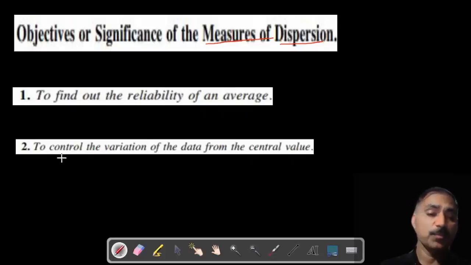Second point, to control the variation of the data from the central value. जब भी हम कुछ ऐसी सिचुएशन में होते हैं जहाँ पे प्रोडक्शन चल रहा है और हमें पता है कि हमारा मीन प्रोडक्ट वेट एक पर्टिकुलर असम्ड 50 ग्राम्स है। तो 50 ग्राम से कुछ पैकेट की वेट ज्यादा भी हो सकती है, कुछ की कम हो सकती है। तो वहाँ पे हम कंट्रोल चार्ट्स बनाते हैं।